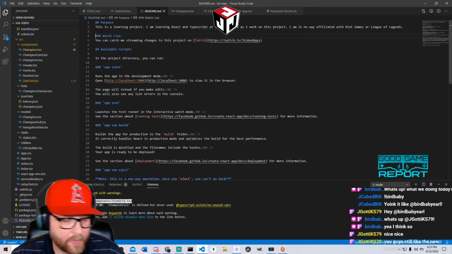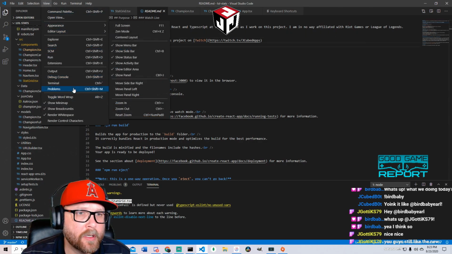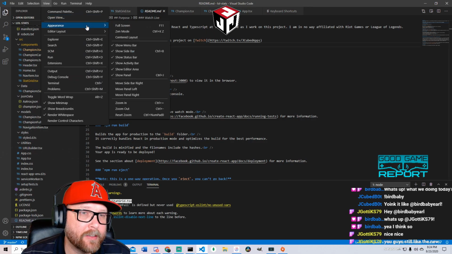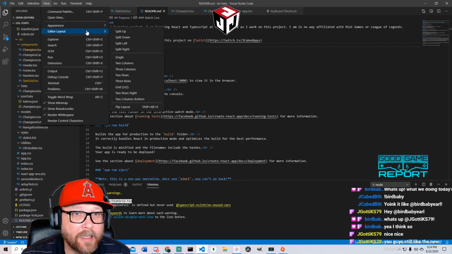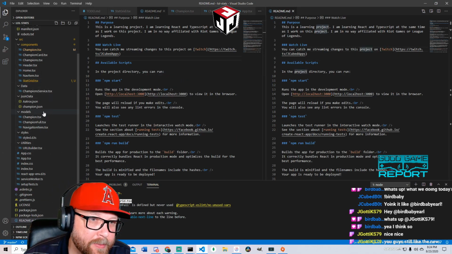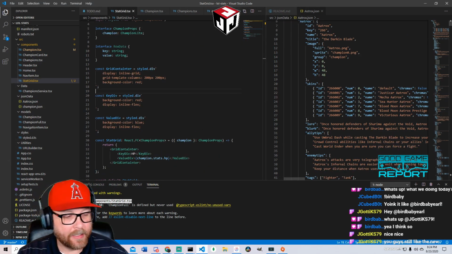No, control tab. No. View. How do I get the other side? Come on. Appearance. Editor layout. Split. 2 columns? Split right. There we go. So I want this to be Aatrox, and I want this to be stats so that I can,